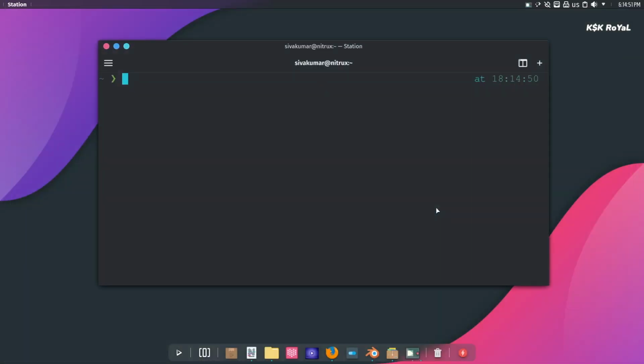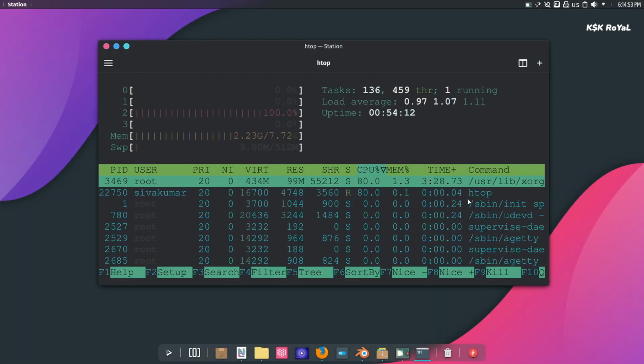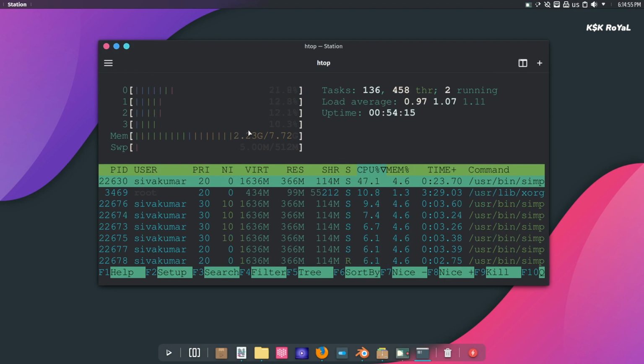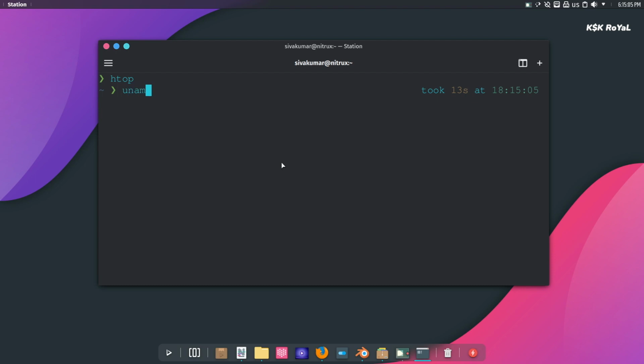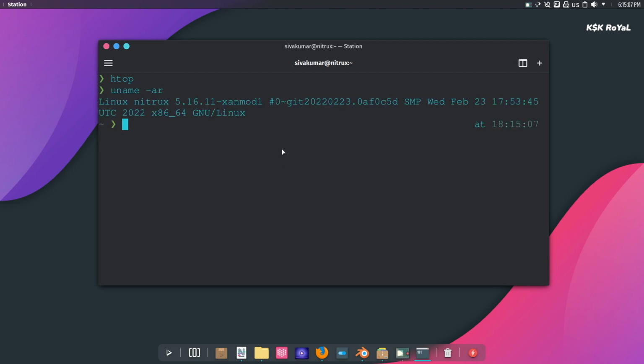On idle usage, it uses less than 800 megabytes with nothing being open except the terminal running htop. Now other than that, I tried running Firefox, text editor, and Blender, and the RAM usage has jumped to 2 gigabytes. Now compared to other distributions, Nitrux OS is well optimized and thanks to the custom kernel that delivers a decent performance on systems with a quad-core CPU and 8 gigs of RAM.